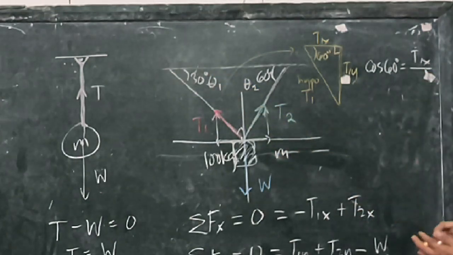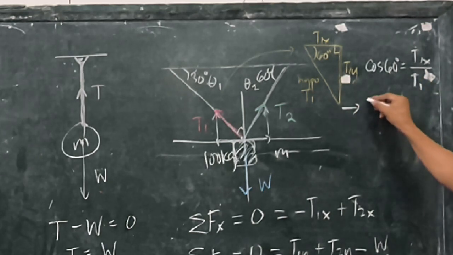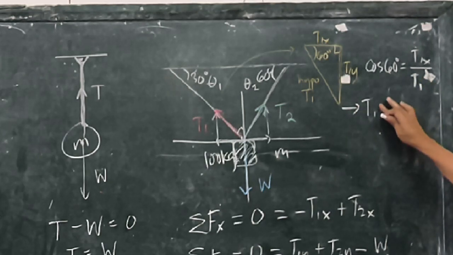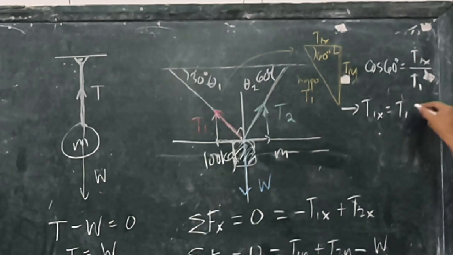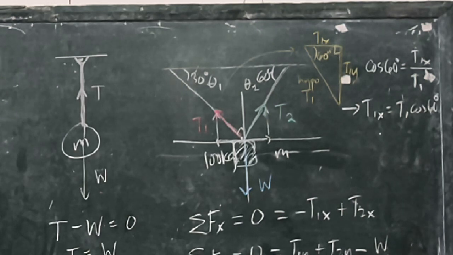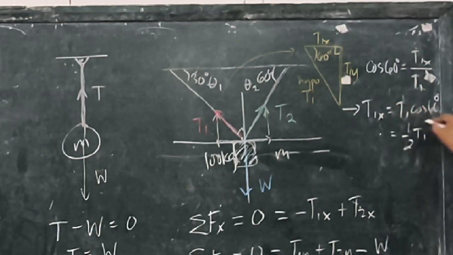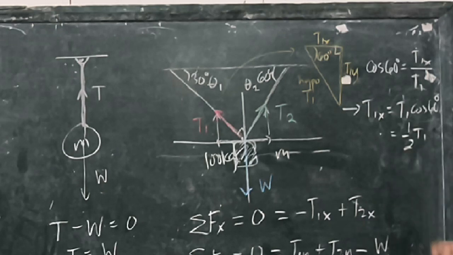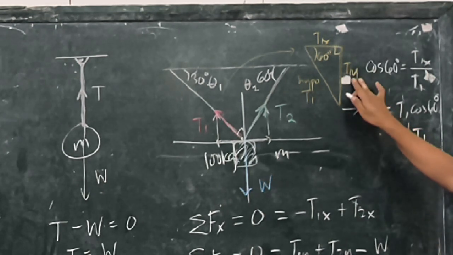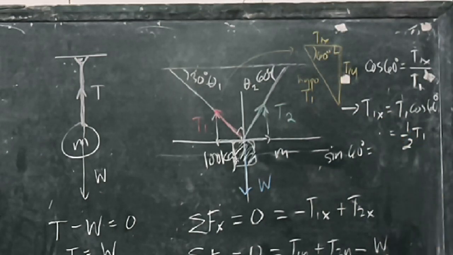So, over T1. From here, we know that T1x is equal to T1 cosine of 60 degrees. But actually, cosine of 60 degrees is 1/2. If you do that in your calculator, this is 1/2 T1. Cosine of 60 is 1/2. So that is T1x. How about T1y? Well, again, T1y is the opposite. So we'll use the fact that sine of 60 degrees is equal to the